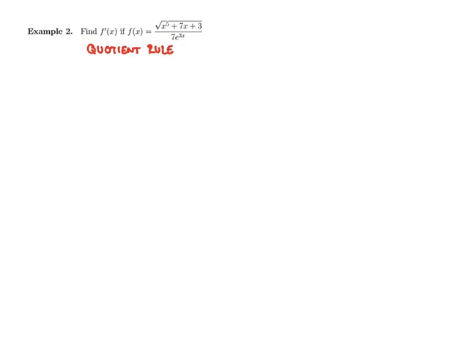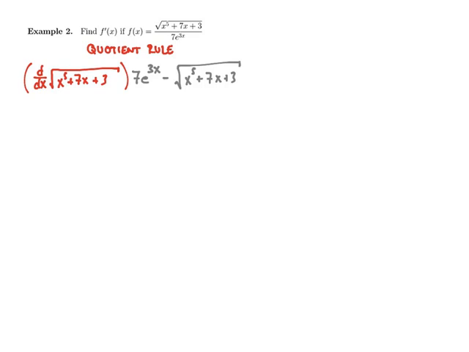So, quotient rule says take the derivative of the top function. So we're going to take the derivative of square root of x to the fifth plus 7x plus 3 times the bottom function, 7e to the 3x, minus the top function, square root of x to the fifth plus 7x plus 3,